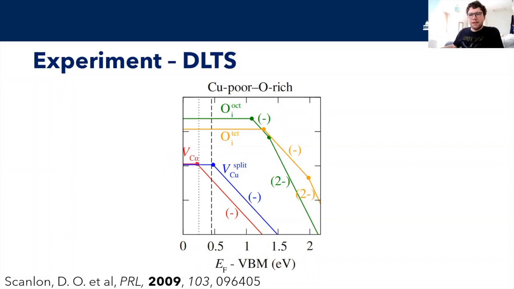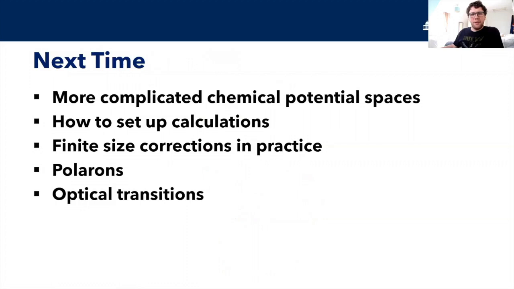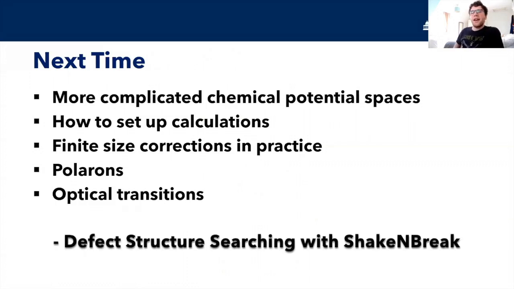So I think that's it. We can now quickly think about what we've just looked at and what we're going to look at next time. So we've basically summed up all of the different types of defects that you can see and some potential applications of and analysis. And then next time, we're going to look at how we can consider more complicated chemical potential